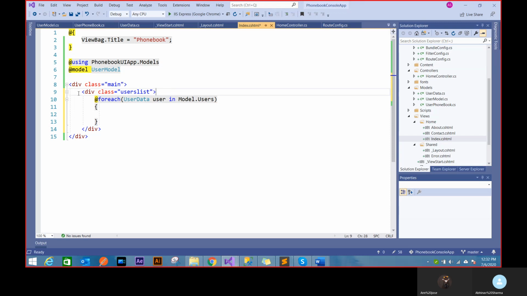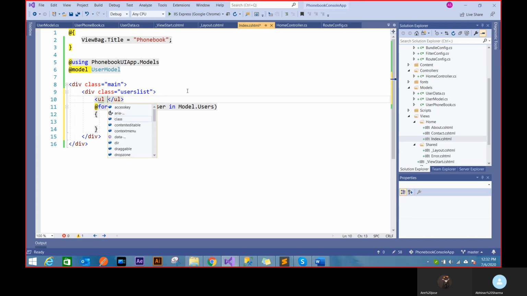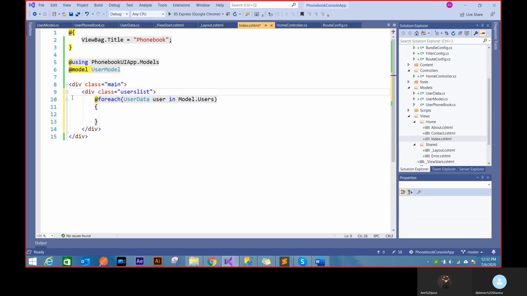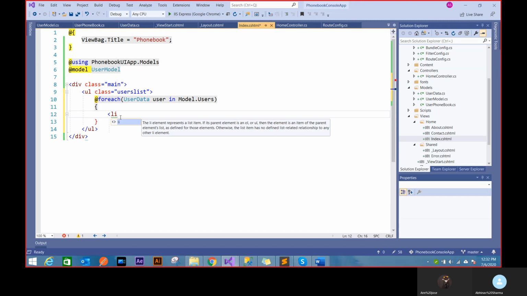So what I'll do is, inside this div, I'll put this inside a UL. I'll say users list. There's no point creating a div. You can create a UL, and every UL will have li. So you see unordered list and ordered list, the concept of list inside HTML. So that's a way of defining a UL and li. You'll see how it renders. So inside an li, you see HTML. As soon as I add the @, I can again start writing HTML.